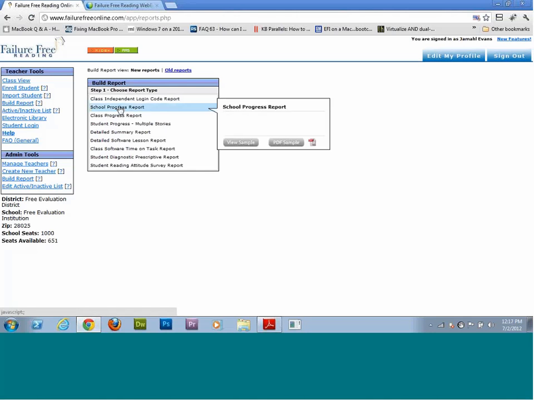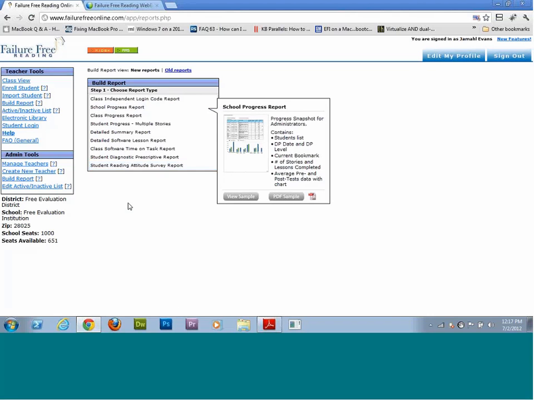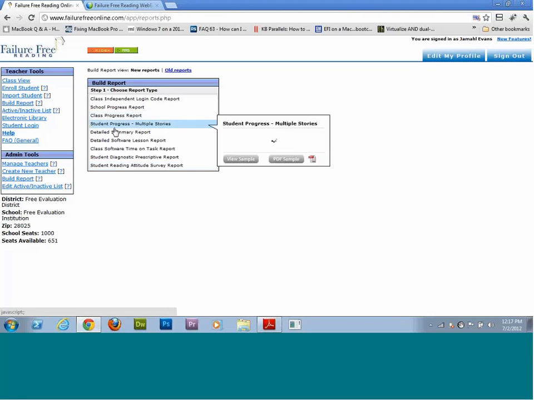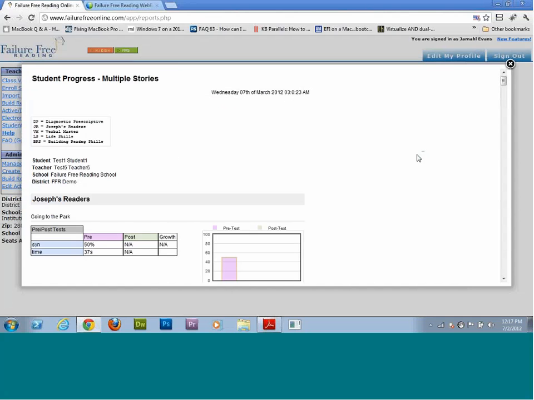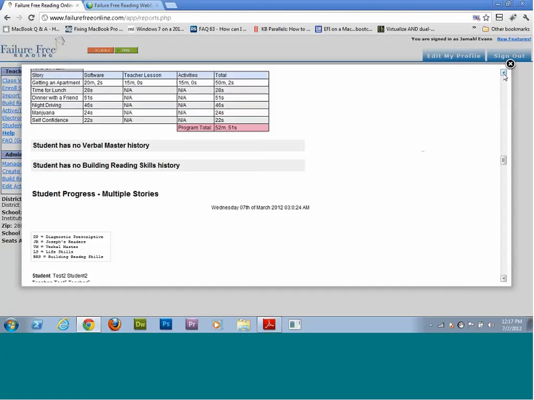Okay? There are plenty of reports here for you to review, but some of the ones that I think are very valuable, you've got a student progress report for multiple stories. We'll take a look at a sample of that just so you can get a sense for what type of information that'll display. So as the student is working through pre- and post-test, it'll provide you with those pre- and post-test scores and whatever the percentage of growth is, and we hope it's positive growth, and more often than not it is positive growth. That'll be reflected here along with the student's time on task. That'll be for Joseph's readers, and then